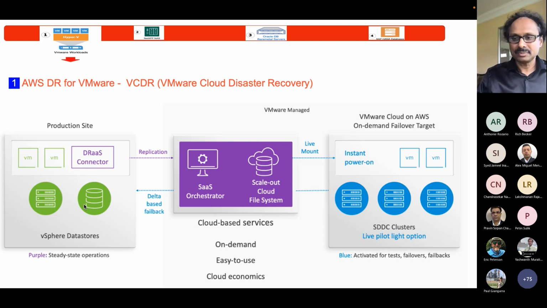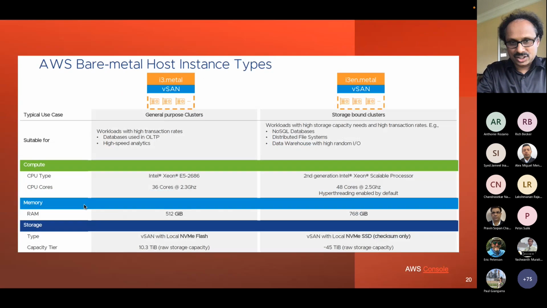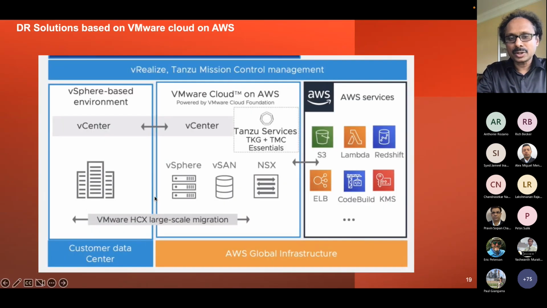Okay, any other questions? Yeah, from Joan, we have a very interesting question. Is it possible to create a stretched VMware HA/DRS cluster with a fault domain on-premise and the second fault domain on AWS with vSAN? Yes, we can. We have a couple of options. We can use a stretched cluster between on-prem and AWS.